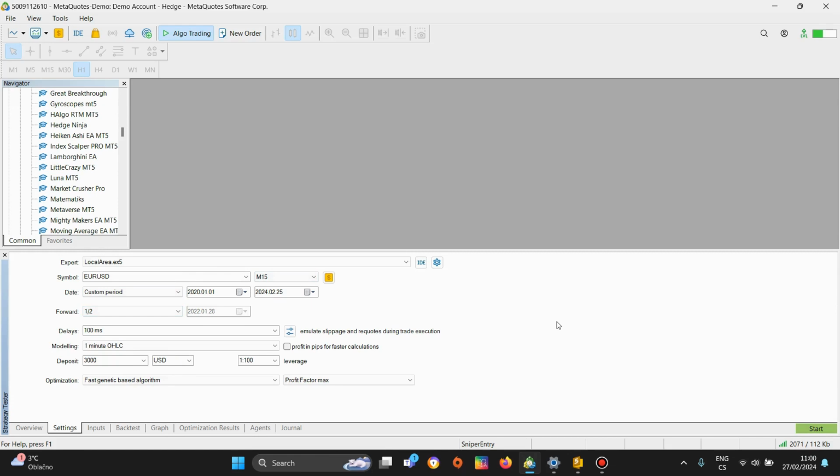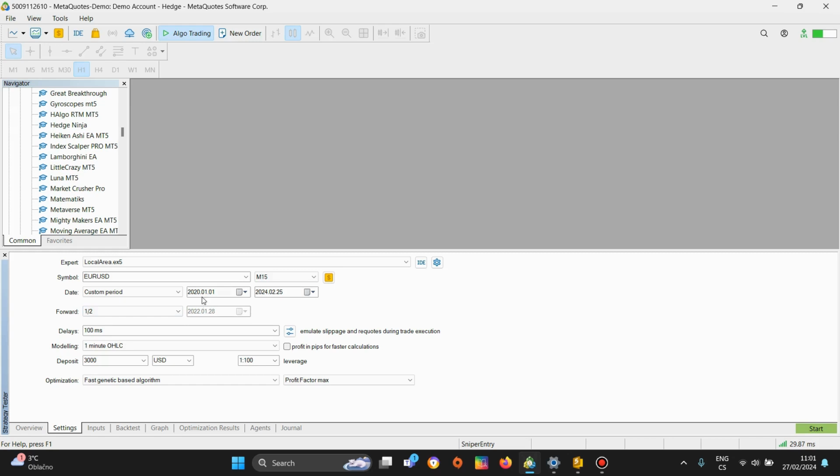And how does the forward optimization work? So if I choose a time span of 2020 till 2024, and I choose forward optimization of 1/2,